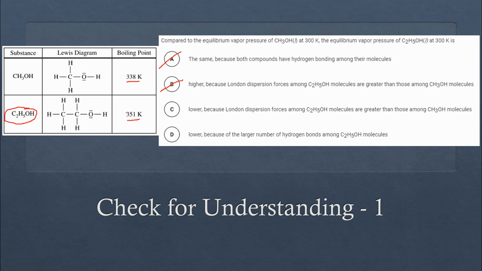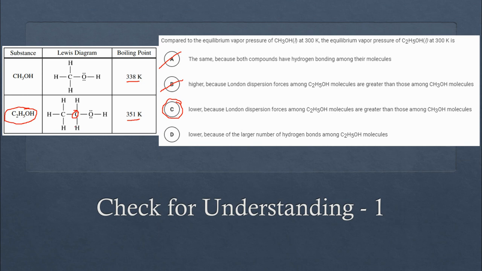So A and B can't be true. And then the difference is that we have an extra carbon, right? Between methanol and ethanol, ethanol just has an extra carbon. So our choices are lower because London dispersion forces among ethanol molecules are greater than those among methanol molecules. And that is true because we have an extra carbon, we have a larger molecule, it's more polarizable, and so